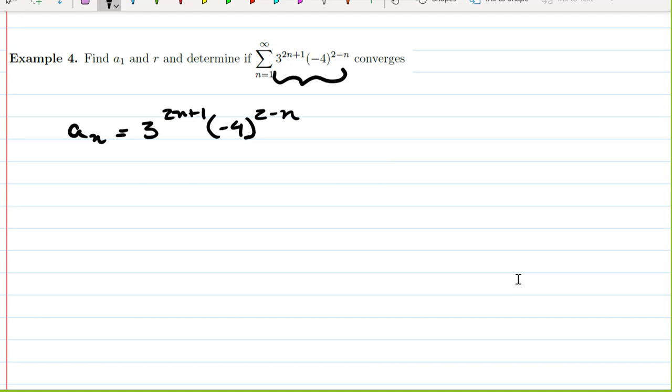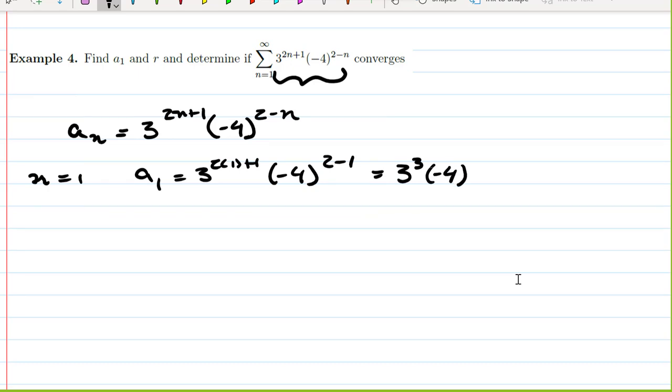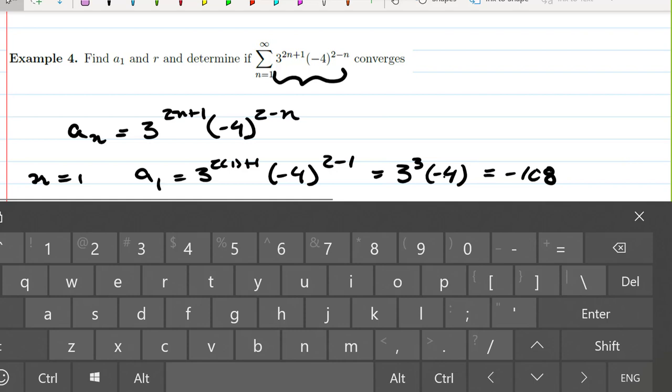So to find A sub 1, what do I need to put in for n? Just 1, right? So if I put in n equals 1, A sub 1 is going to be 3 raised to the 2 times 1 plus 1 times negative 4 to the 2 minus 1. So 2 times 1 is 2 plus 1 is 3, so that's 3 cubed times negative 4, because 2 minus 1 is 1. 3 cubed is 27, and 27 times negative 4 is negative 108, if I did my arithmetic correctly. So that gives me